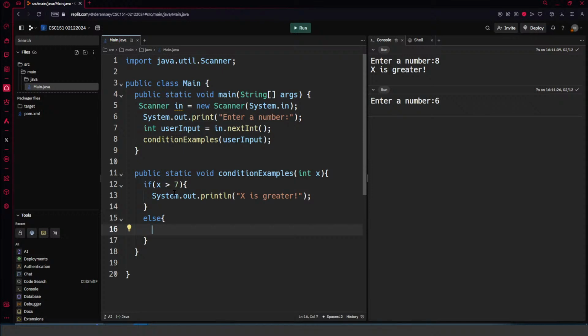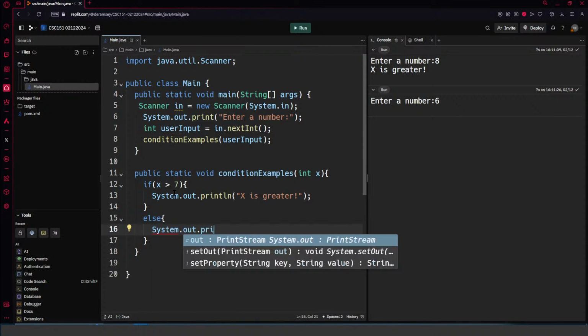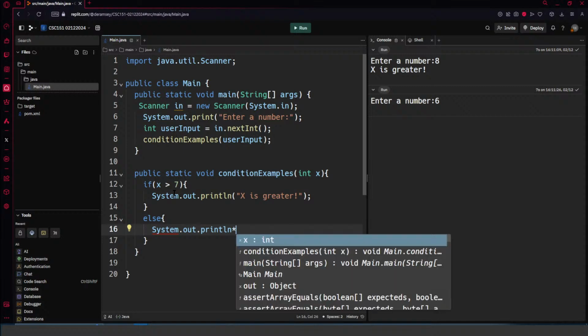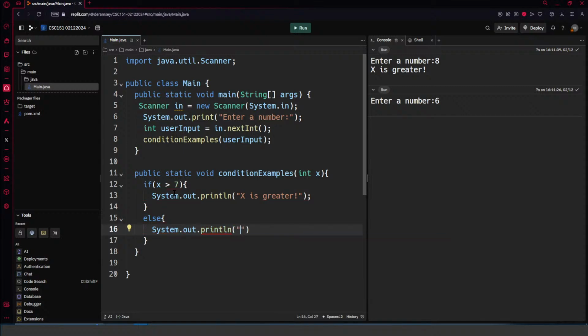So if we were to enter in a system.out.println line here, and we could say x is lesser, then we could see the results of this, right? So now what we can see here is if we run this,